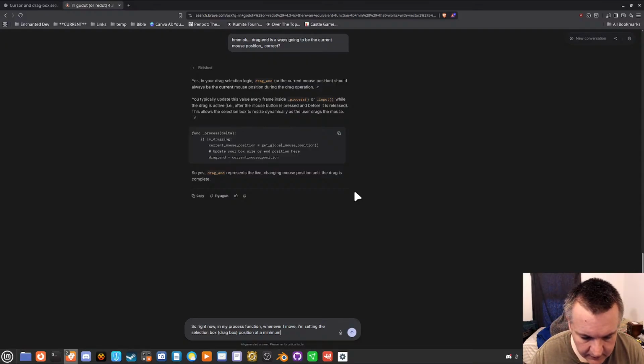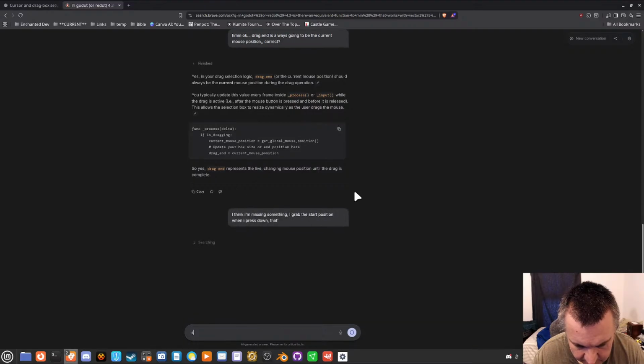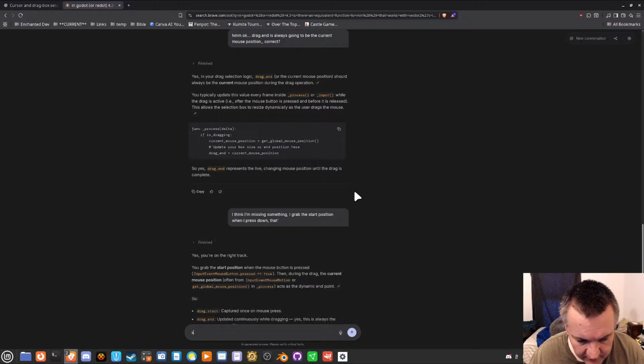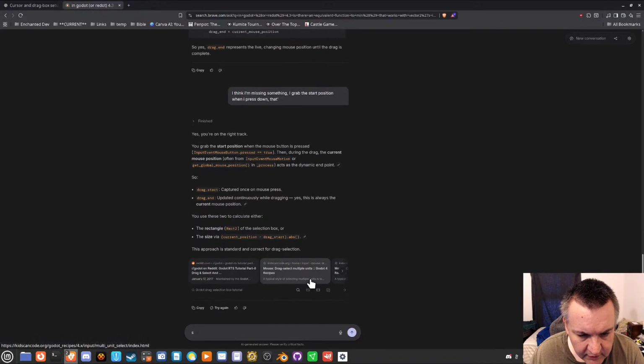Hmm, I think I'm missing something. I grab the start position when I press down, and while this button is pressed, the current mouse position acts as a dynamic endpoint.